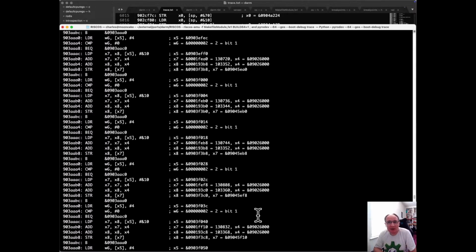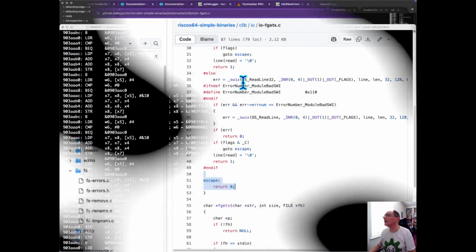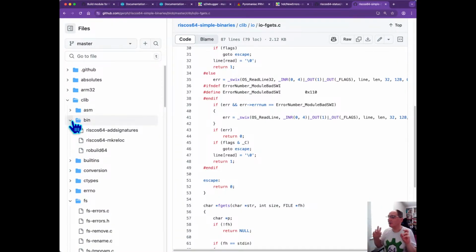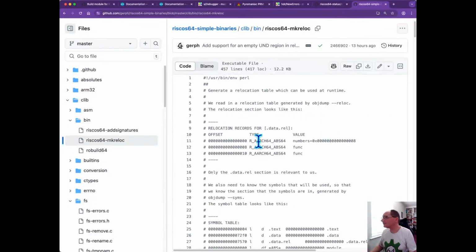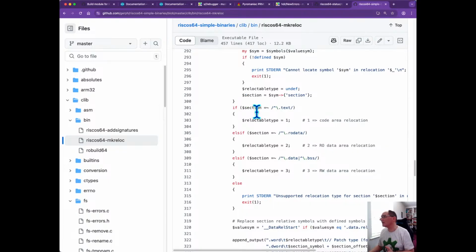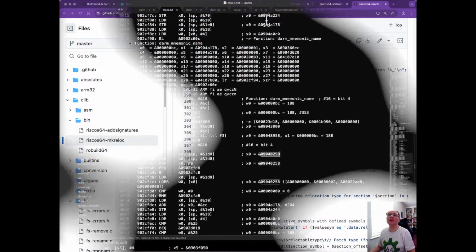So consequently, this table that's built up contains lots of information about where things are in memory. If we have a look in this, so over here, this is the C simple binaries. This is the relocation table generator, and it uses the symbol table and the map to generate some relocation table inside there. So in the table we were looking at, where